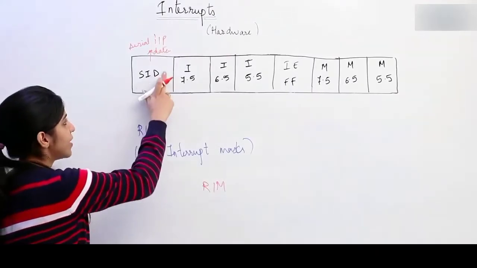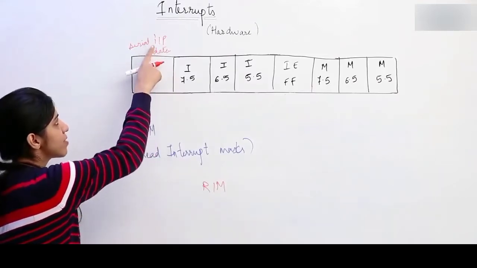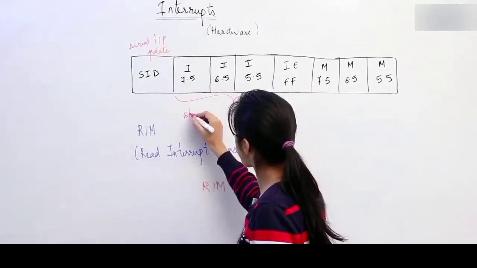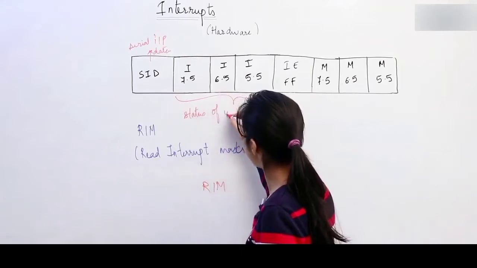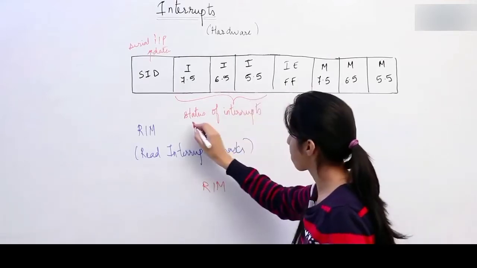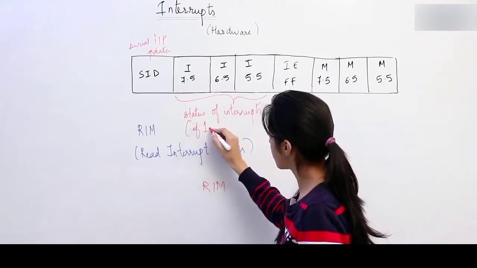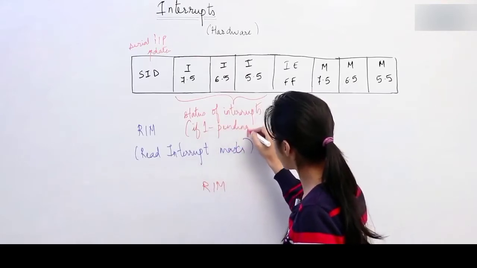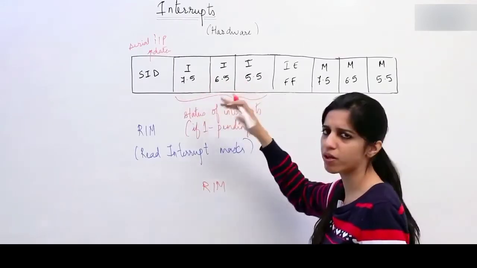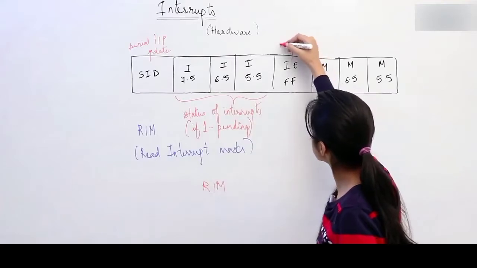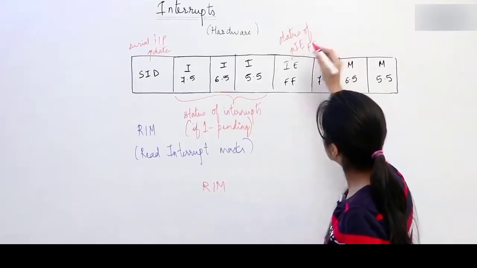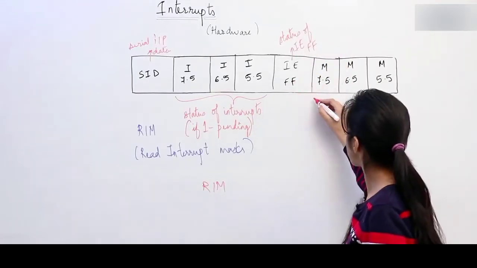Okay, so this is SID. If SID is 1, that means this is to input serial input data. This tells the status of interrupts. These 3 pins are going to tell the status of interrupts. That is, if their value is 1, that means these interrupts are pending. Suppose it is 100, that means 7.5 is pending. These have been solved or they did not come, whatever. This tells you the status of IE flip flop. So you can know whether IE flip flop is set or reset.